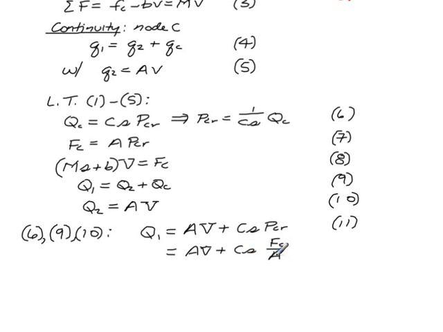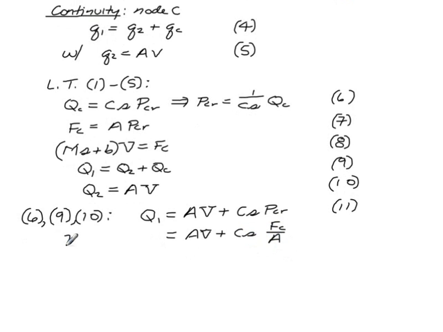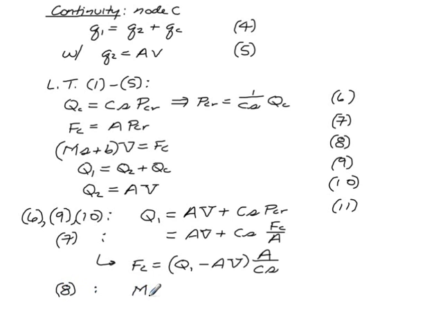So now from this equation, and again this is using equation 7, from this I see that the Laplace transform of the pressure force on the piston, Fc, is explicitly given by the difference between Q1 and AV times the ratio of the cross-sectional area divided by the accumulator constant C and the Laplace variable S. So now if I take that expression and put it back into my Newton equation, Laplace transform form, I get ms plus b